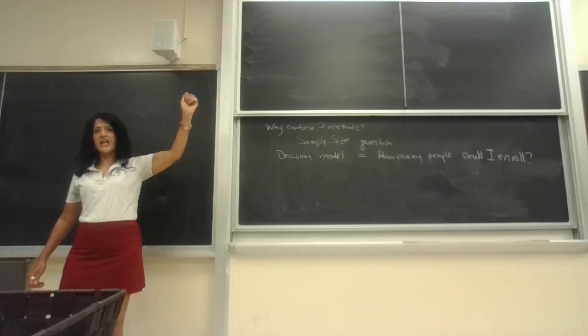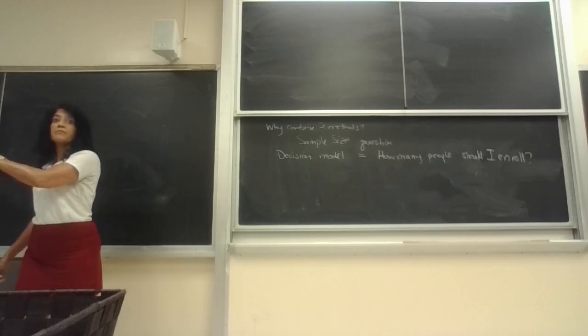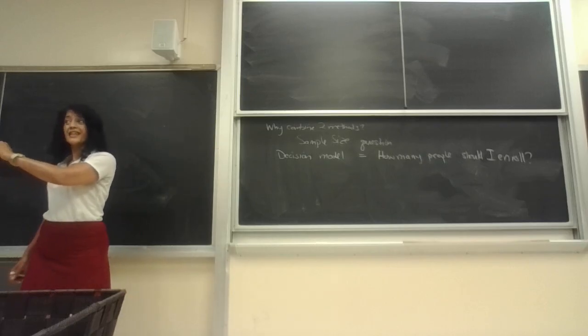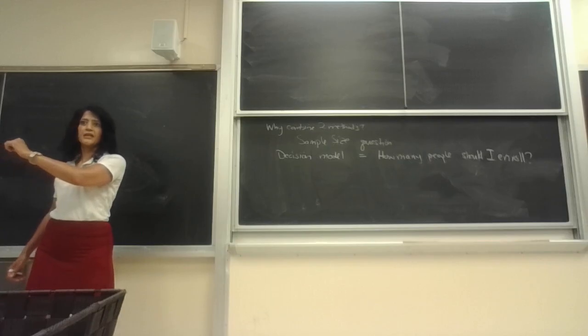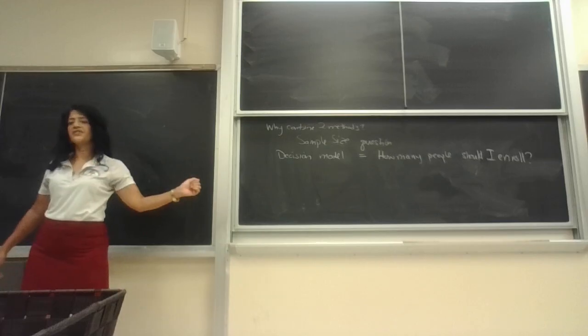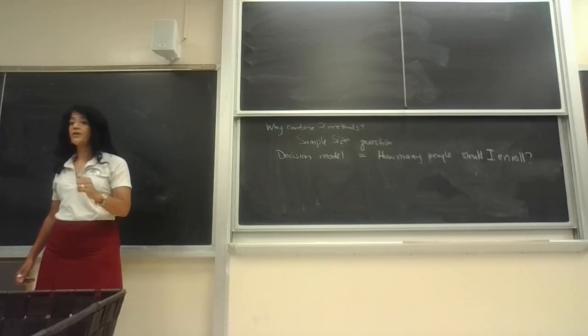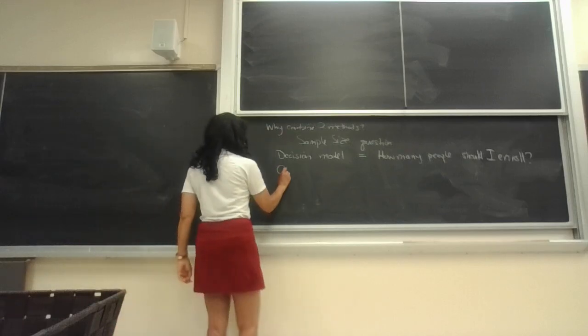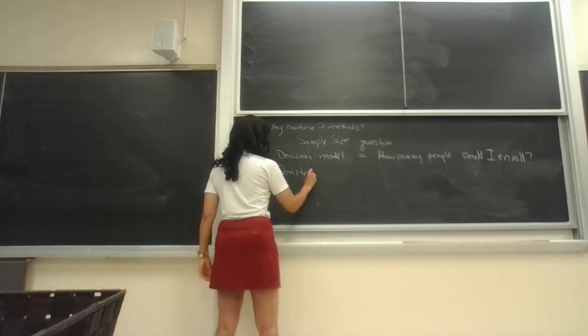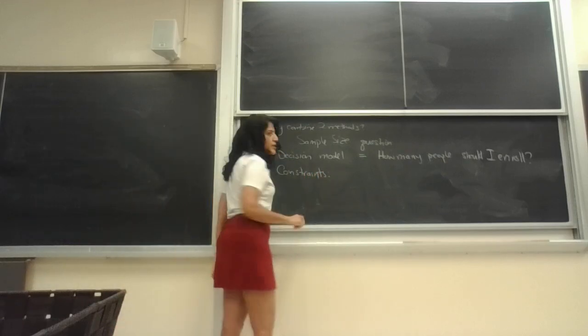If you slide that up and say, well, what if I have 1 million people? That's great. It'll answer the question, but that's going to break the budget. They can't afford to enroll that many people. So you're looking for this sweet spot of people to enroll that meets those constraints. That's what they're called. They're called constraints. Constraint number 1 is